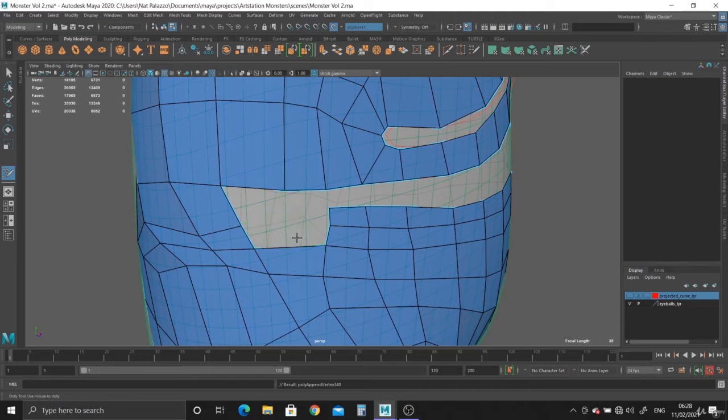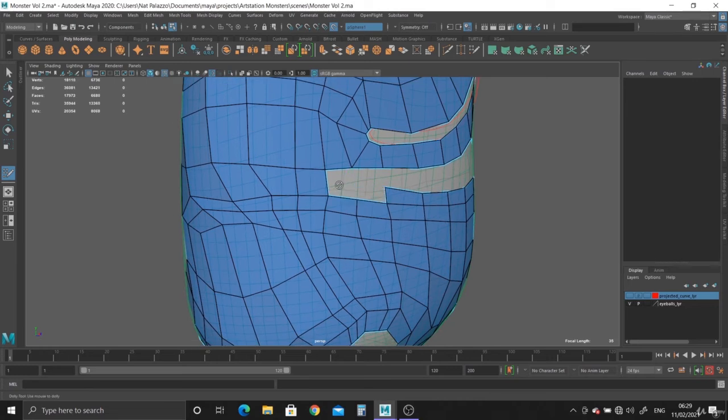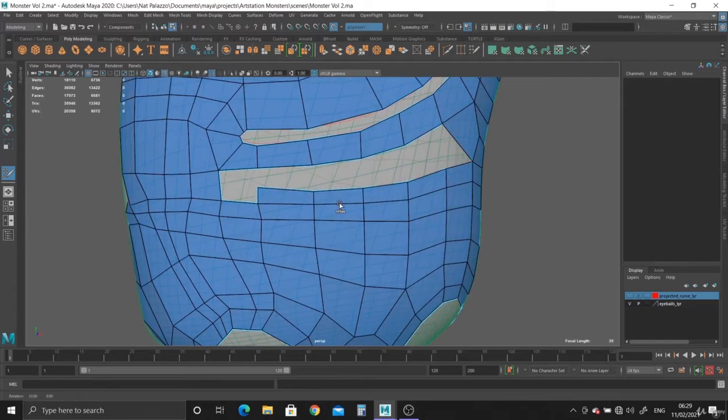Again, you know, it's not the end of the world. Let's just move this forward. There we go. Push that back. Add some resolution here, there, and just keep going. I'm going to be deleting this row up to there and see what happens when I